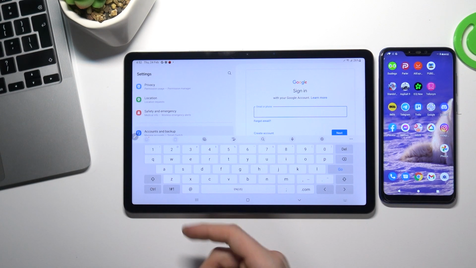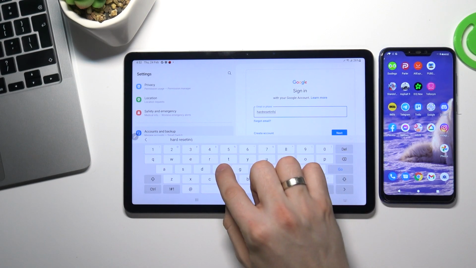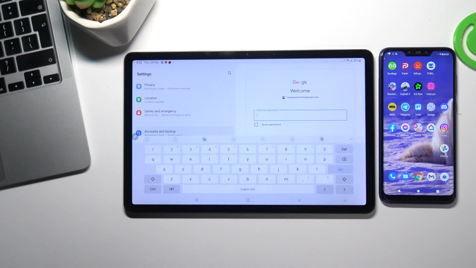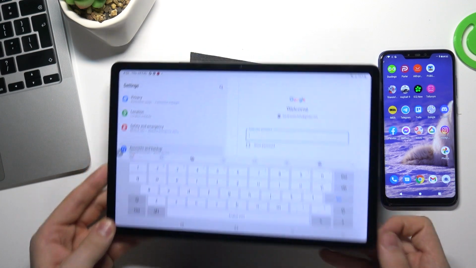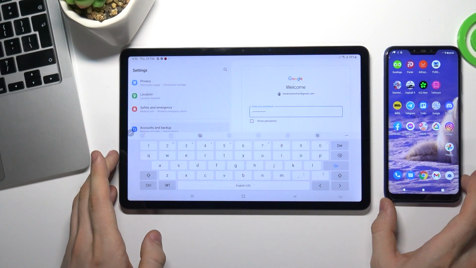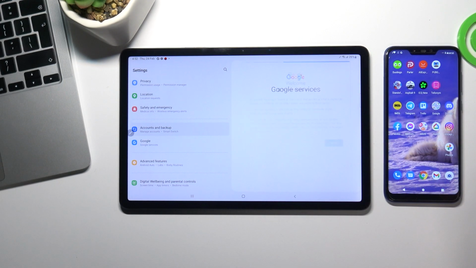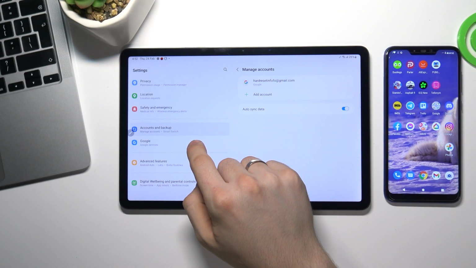So enter the child's email, choose next, enter the child's password, tap go, choose I agree, scroll down, choose accept, and cool. Now open Google,